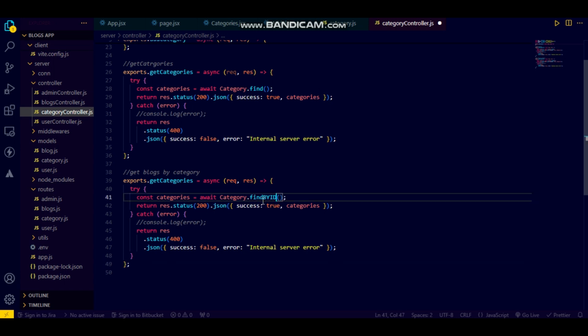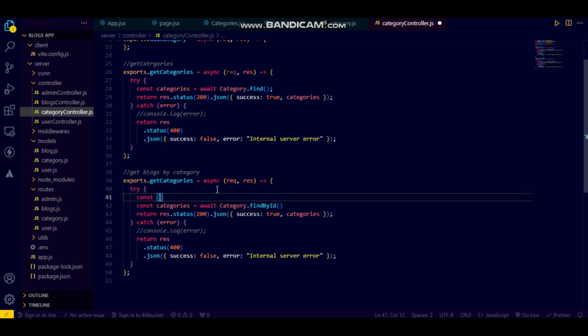Find by ID, and from where I can get that ID is basically by ID. Let me just have it somewhat like a category dot, that's okay. And right now what I can say, const ID is equals to what, request dot params, and I can say this ID should be here right now. Okay, so I am right now having the particular category here,